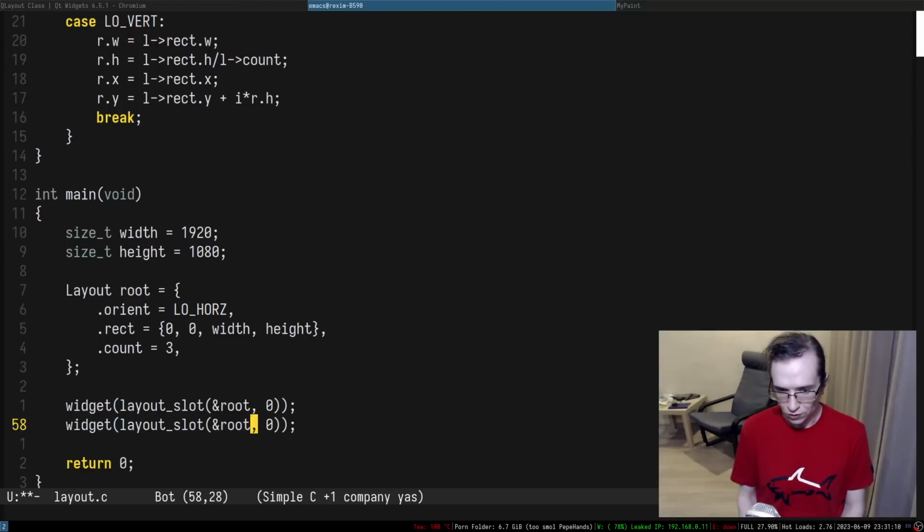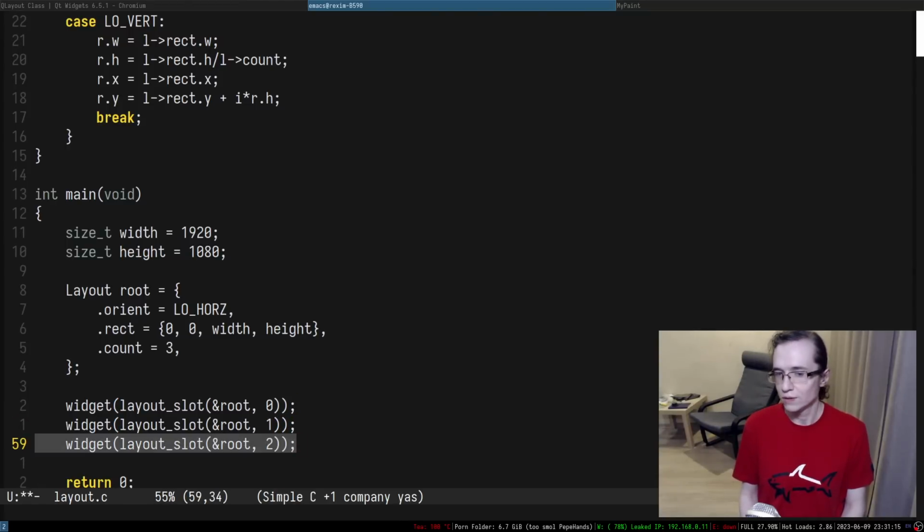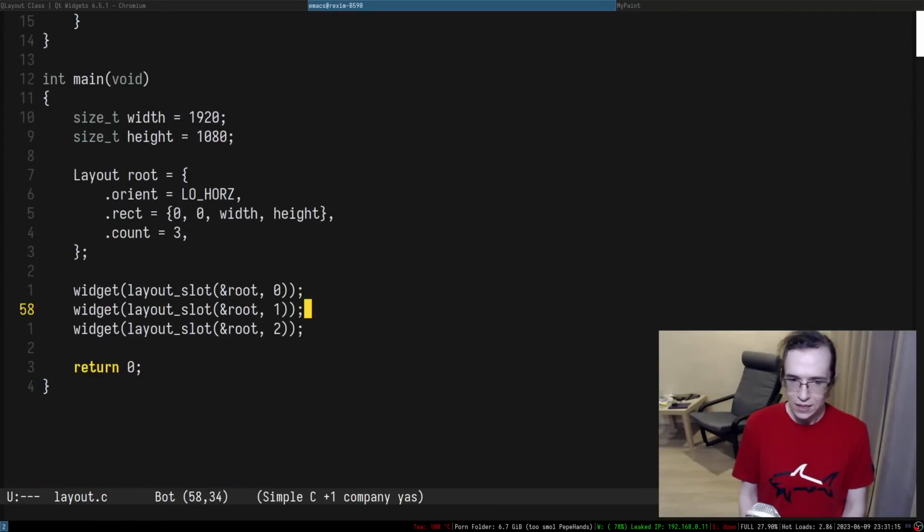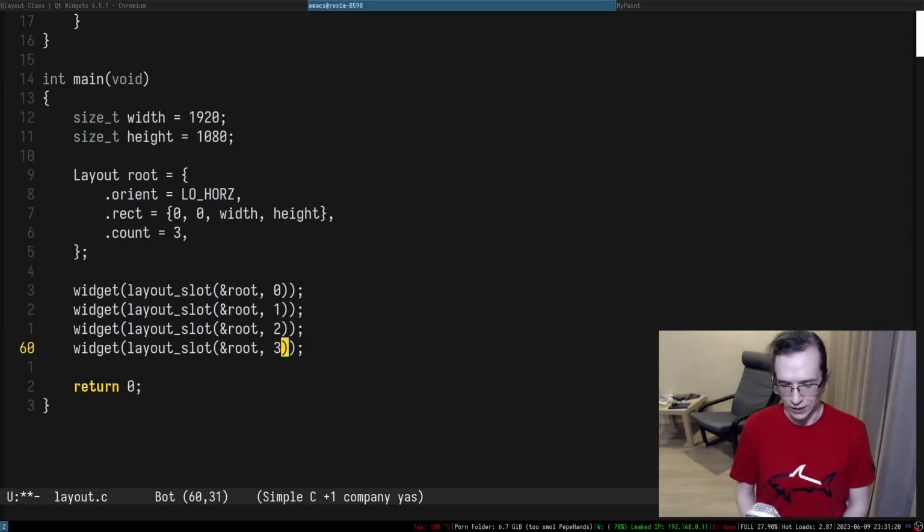And then the first slot, and then the second slot, and so on and so forth. But we don't have more than 3 slots in here, so this entire thing will overflow and it will require you to actually put more things in here.